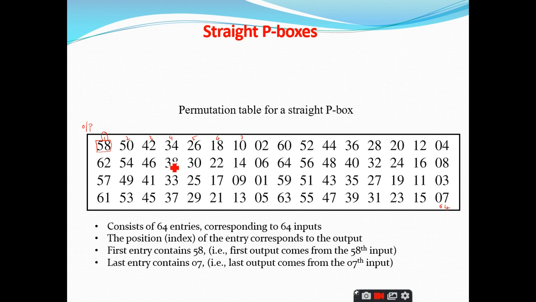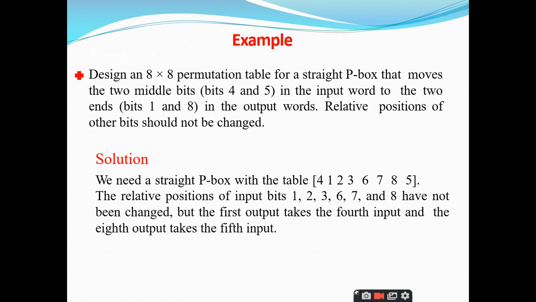So can anybody tell me what this 54 represents, so that we can move forward? What does this 54 represent? 18th output, sir. Super, right. So this index comes as 18. So the 18th output is connected to the 54th input, right? So this is a straight P box we have, and this example in the last session we have skipped, so we will go through this, right?